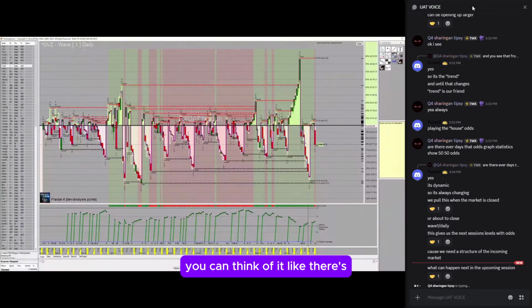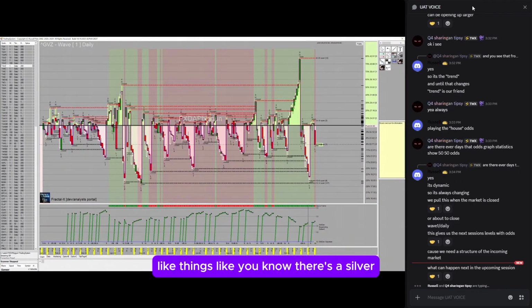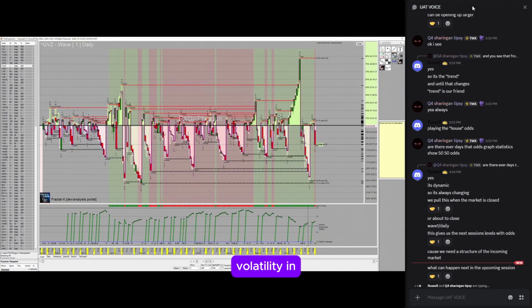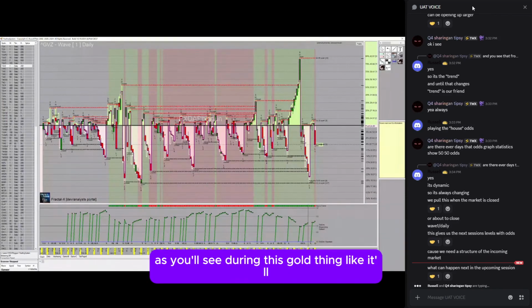But you could think of it like, is there a statistical correlation to that? Yes, I think it's roughly 70% of the time that a correlation exists in the market. These commodities, like the silver volatility index and gold, the correlation is not the same. So you need to get that out of your head first, because the implied volatility, as you'll see during this gold thing,